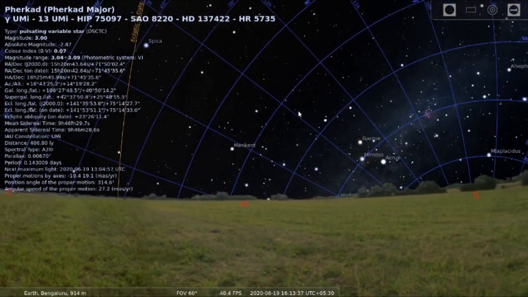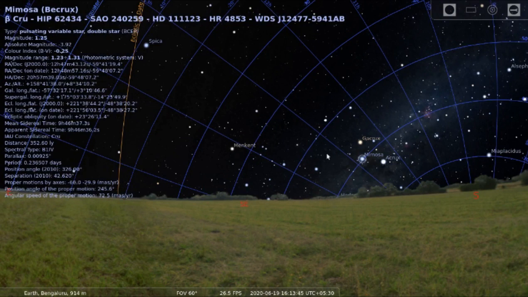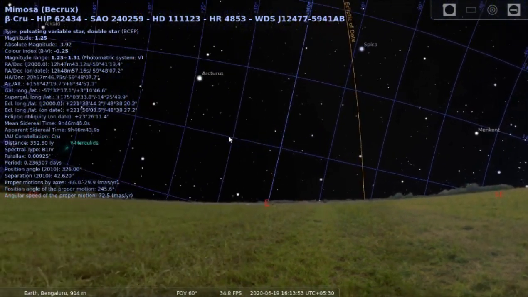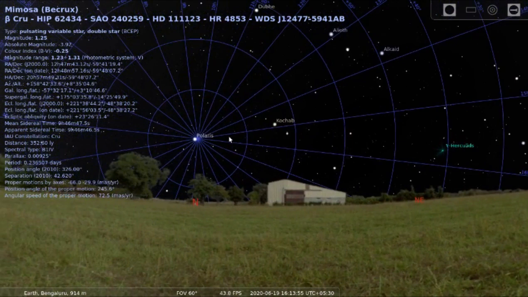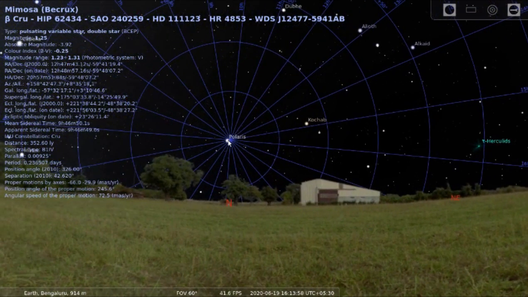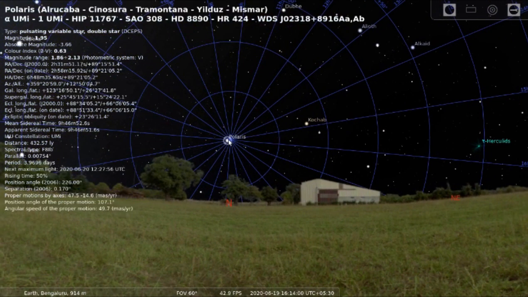Right now we are not able to see Sirius. Let's look at this particular star called Mimosa. If I click there, you will see that Mimosa has a magnitude of 1.25, which is slightly lower than the pole star's 1.95. So the conclusion we can draw from this comparison is that the fainter a star is, the magnitude value will go on increasing, and the brighter the star is, the magnitude will keep on decreasing.